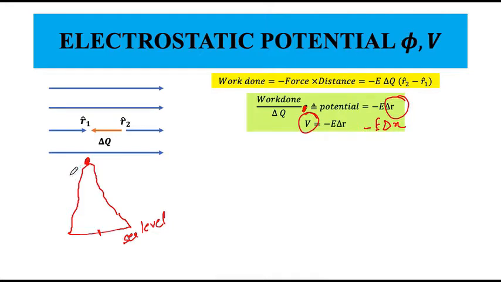From that height the object falls down. Let's say the mountain is 100 or 1000 meters high from the sea level. When this object drops down, all the energy the object possessed by virtue of being on top of the mountain would be converted into kinetic energy as it drops down. However, how did the object manage to get itself up to the mountain? Someone has to take the object from sea level to the mountain.